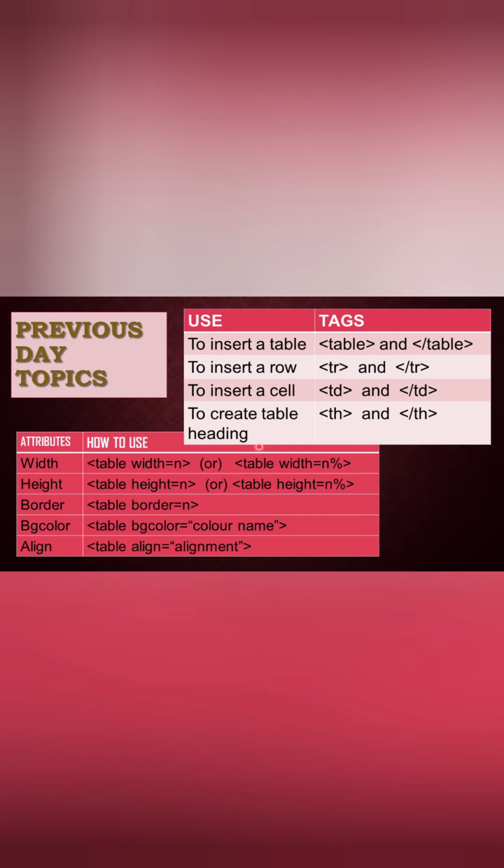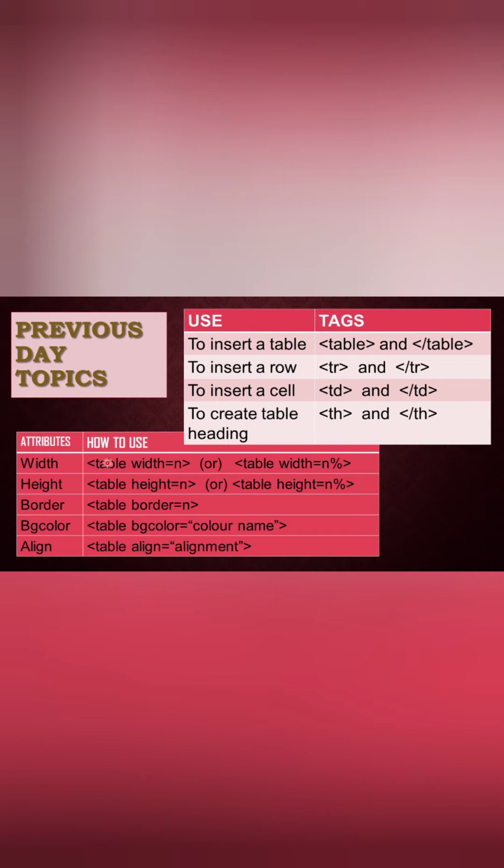So children, previously we learned how to insert a table in HTML. To insert a table in HTML, we use the table pair of tags. To insert a row in the table, we have to use the tr pair of tags, and to insert a cell in the table, we have to use the td pair of tags. For creating a table heading, we have to use the th pair of tags, and we also learned how to use